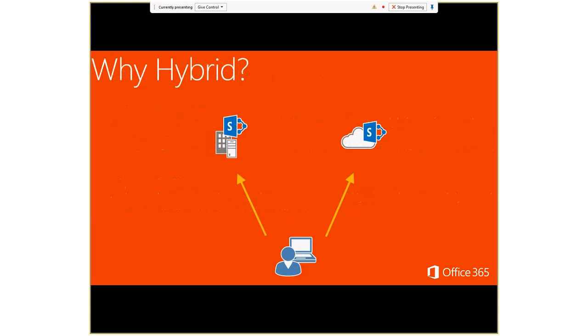So, first of all, why hybrid? And this question came up in most of the sessions that we discussed around any of the hybrid workloads. Hybrid is typically a solution in which you have an on-premises environment, okay? And as I mentioned, you either have an Office 365 tenancy, which you would want to leverage as your other vertical other than the on-prem, and also consume workloads across both the environments. There can be multiple reasons